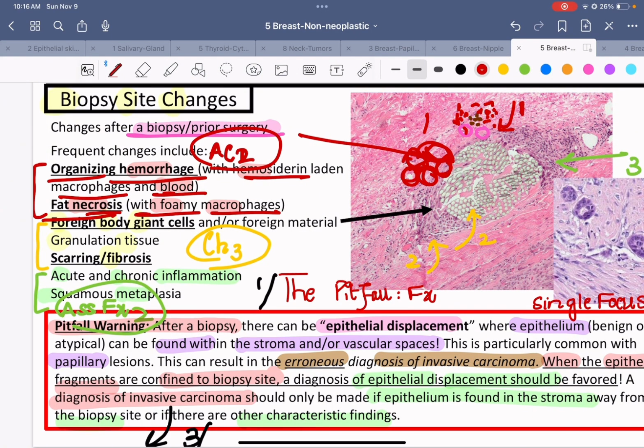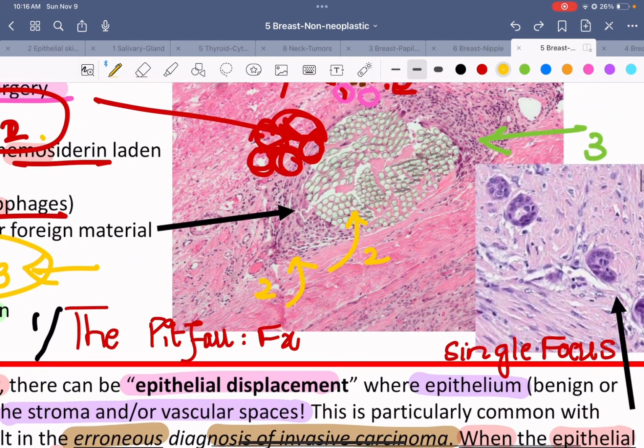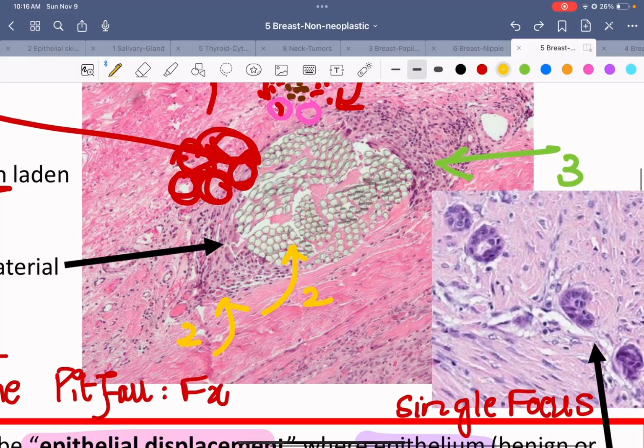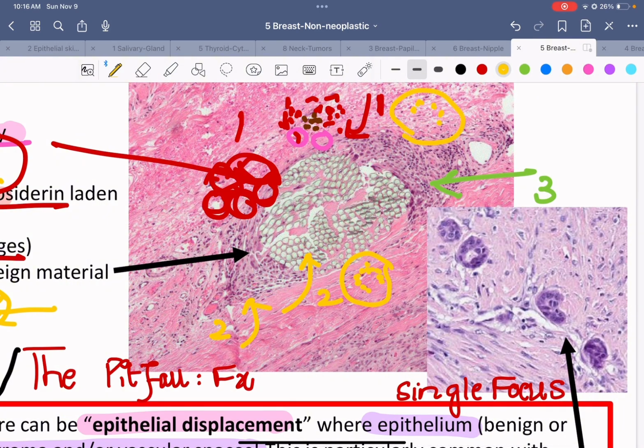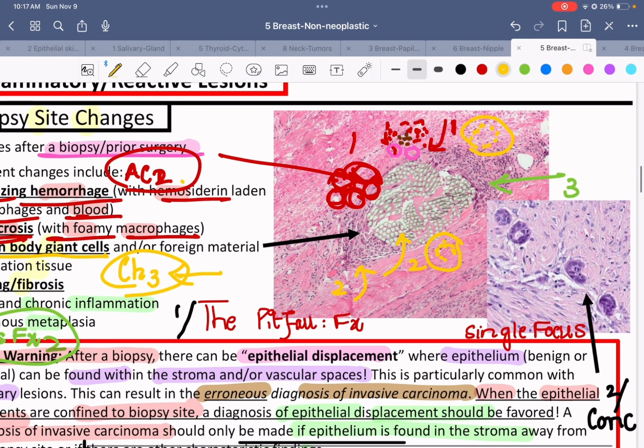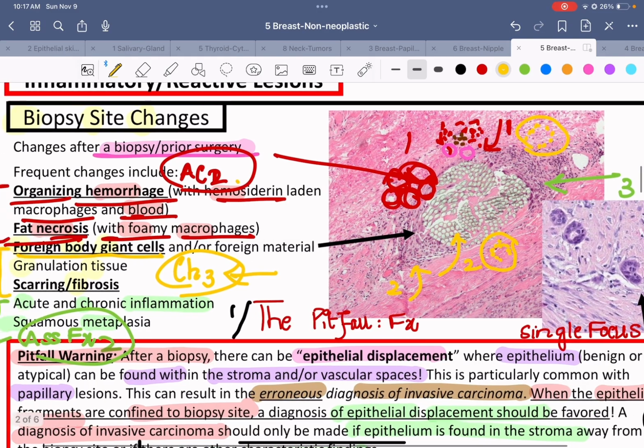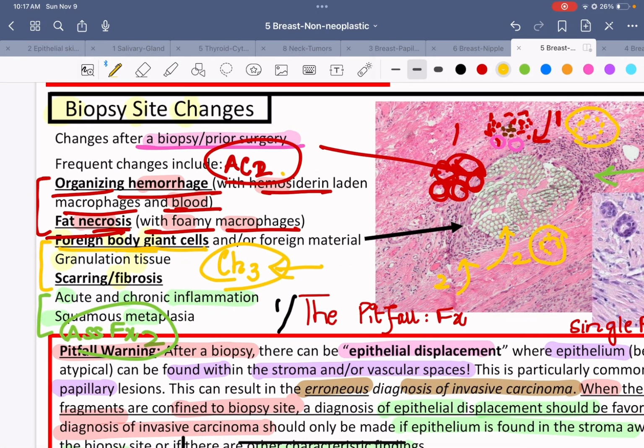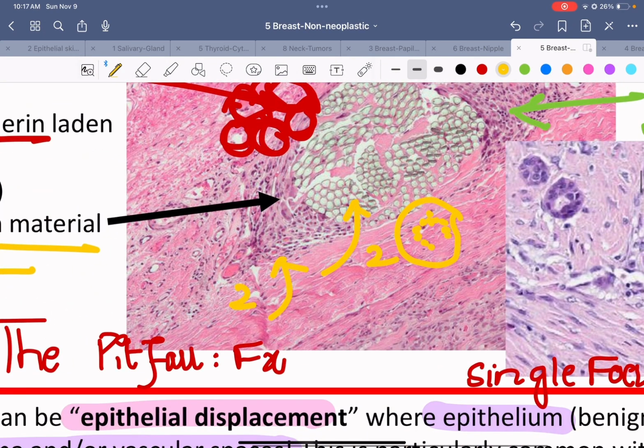Then our feature number 2. It's not necessary that they appear acutely or chronically. I have just called them acute and chronic so I can memorize them easily, right? So chronically I will find foreign body giant cells. Not these large giant cells, sorry about that. These foreign body giant cells that I will start developing over here. I don't see any particular foreign body giant cell, but I can make one over here, right? There will be foreign body giant cells because after you did the biopsy, some foreign material might be introduced into the breast. Therefore, you can find foreign body giant cells along with foreign material, right? And this looks like foreign material, by the way.